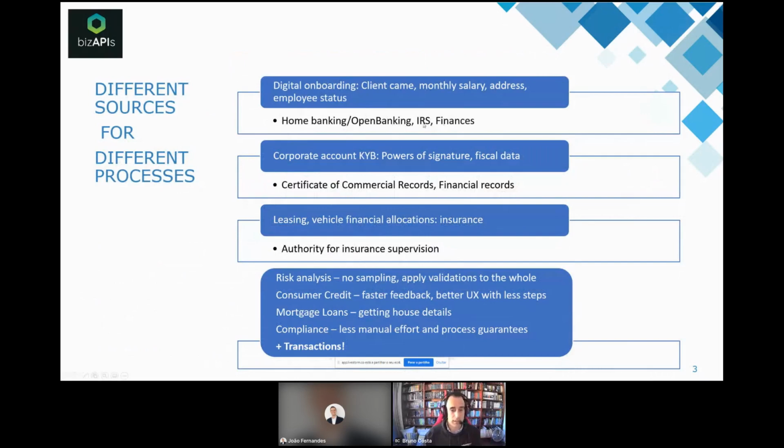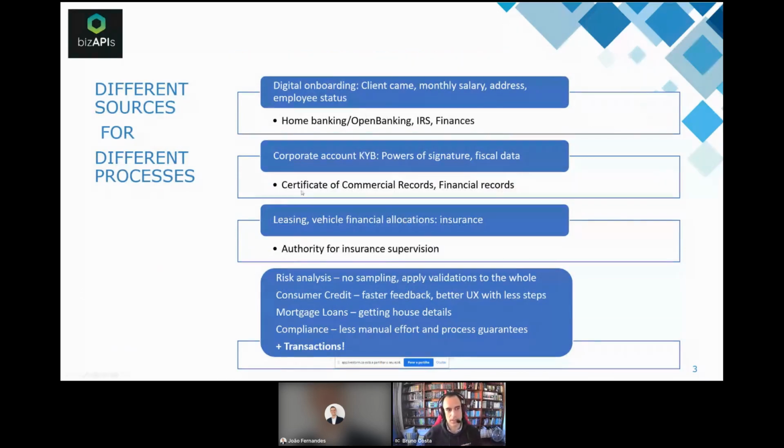Or you can get his IRS information directly from the IRS with his permission. If you are talking about businesses, much information is available online for free in public sites, in commercial records and financial records. You can get things like the powers of signature, who is going to sign for that company when we are making a contract with it. Same thing for insurance and so forth.